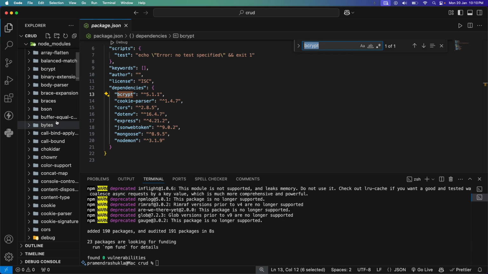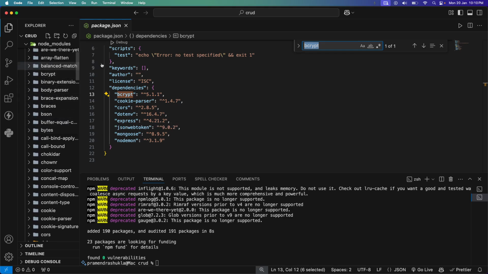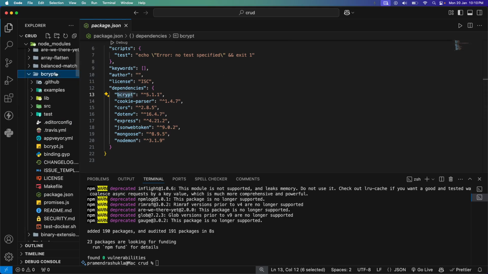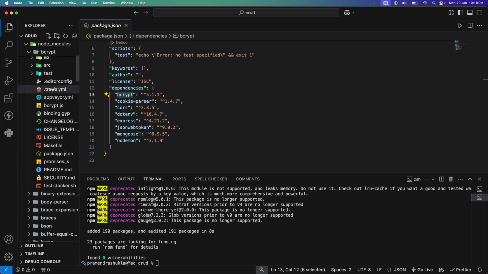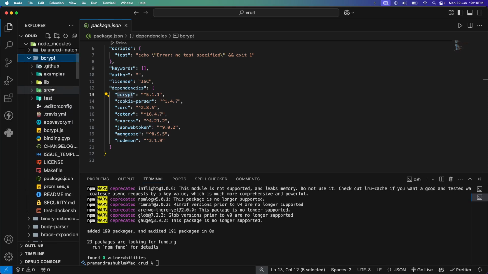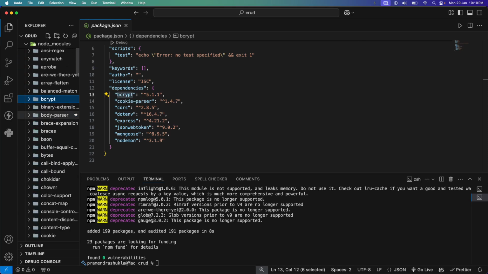If you open this folder, and I want bcrypt.js, right? So what I can do, I can open the folder and I need to search for bcrypt. So you can go here and it will be bcrypt, right? So bcrypt, here you can see the folder, right? So here you can see the bcrypt folder. So if you open this folder, you will